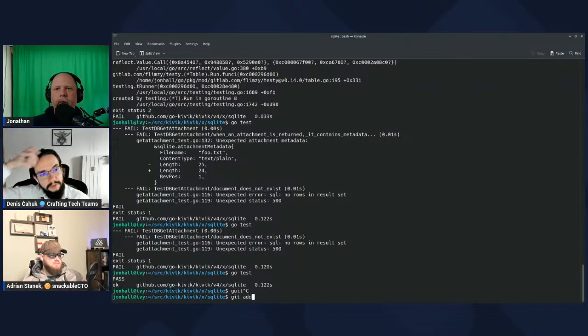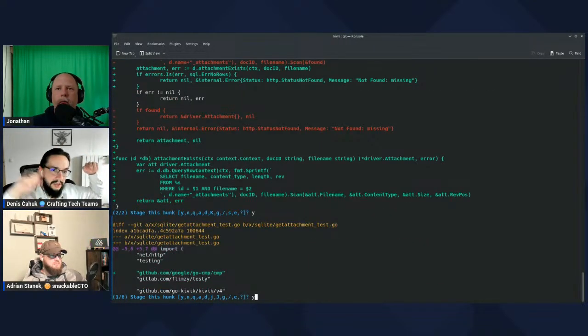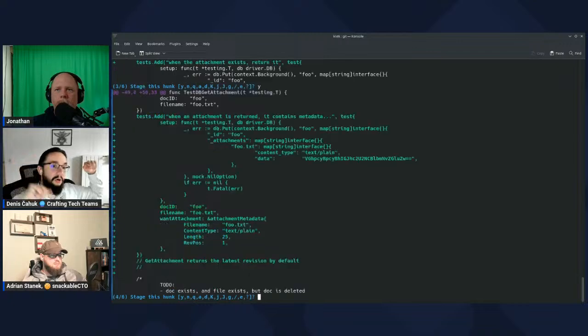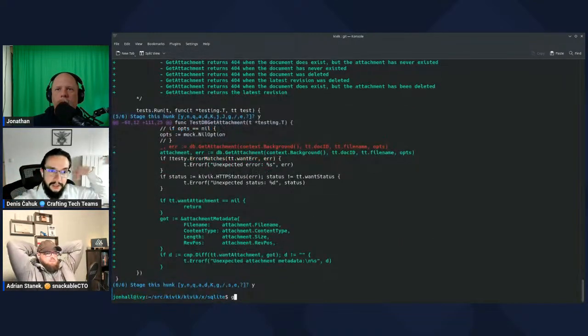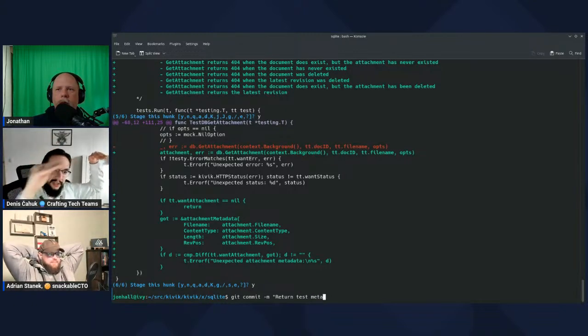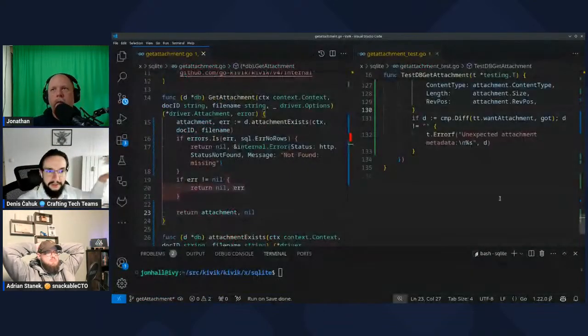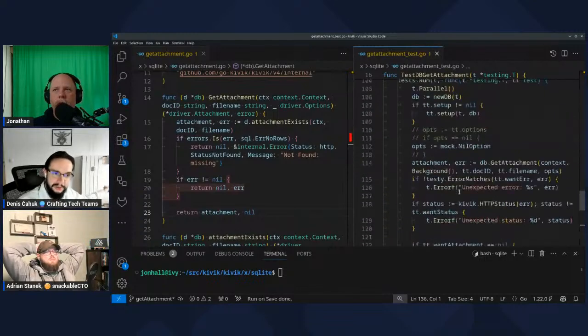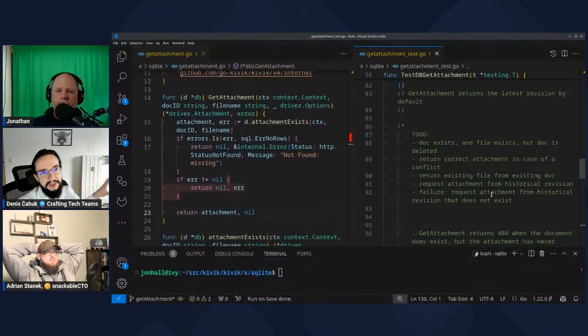Commit, right, because now we have the baseline for the right reasons, and we have each test failing only for one reason. And now I would add the thing that you mentioned earlier. I would start with a positive naive implementation, and now by adding more tests, like the attachment does not exist when A, when B, when C, when D, when E, and then I would add specific tests for all of those 404 scenarios that we highlighted to really test the not exist scenario.